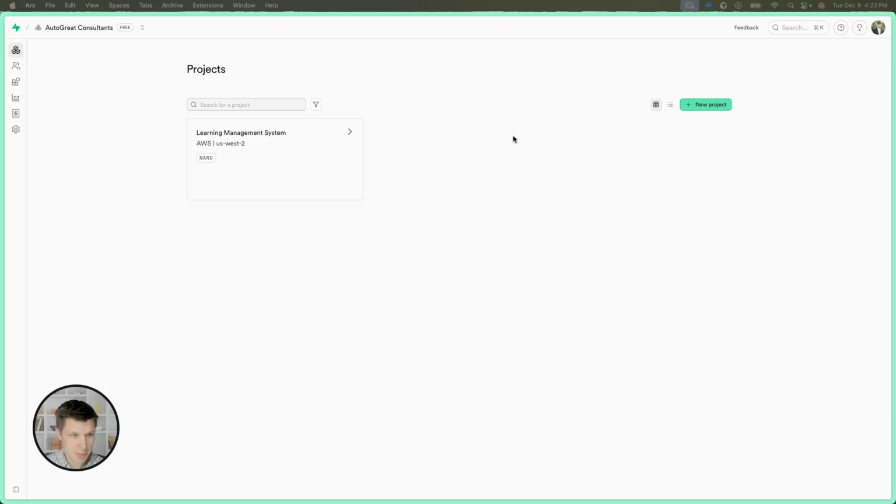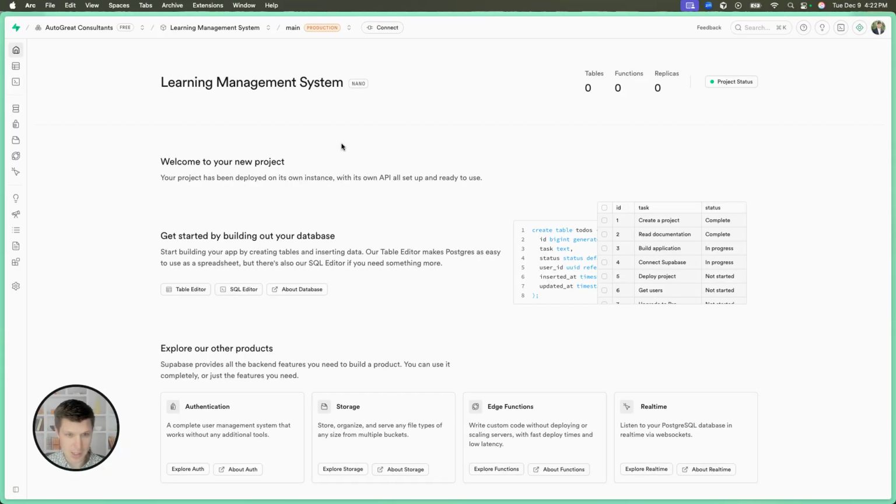So once you come into Supabase, it's free to sign up. And once you've created an organization and created a project, you'll have a view like this. Go ahead and review or take a look at any of the tutorials that may be helpful. But what we're going to do is come directly to the table editor and get started with building out this